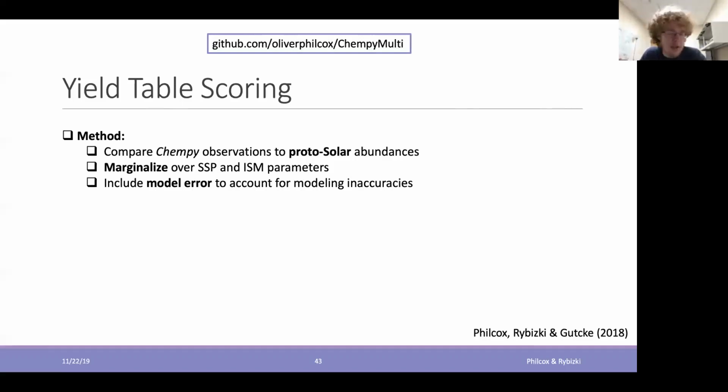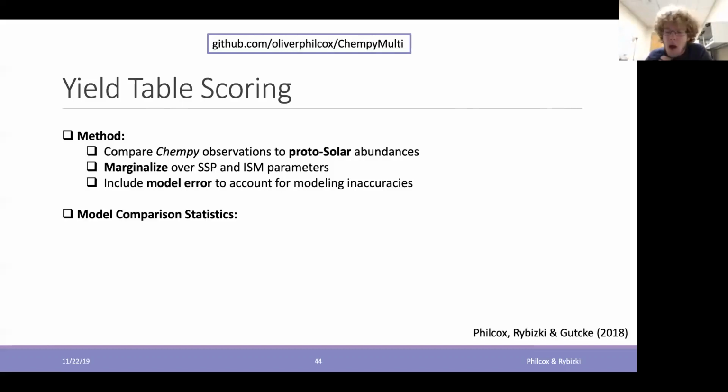Now, one other thing to note is that our model is not perfect, and it's not expected to be perfect. It's a very strong simplification. As Jan showed you from the plots earlier, just involving boxes of gas and inflow and outflow, we're only really considering a universe comprised of 2 different boxes of gas. So there's bound to be some inaccuracies. So we included an extra term, a model error parameter, which accounts for some model inaccuracies at lowest order. It does assume that all elements have the same error. That's something I'll touch back on later in the talk. But it allows us to be slightly robust to the fact that our model is not perfect.